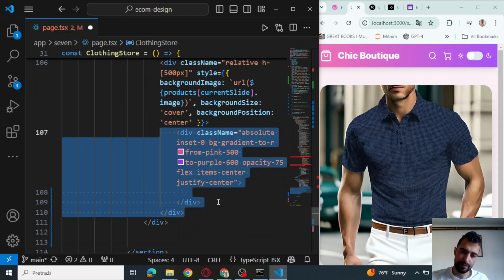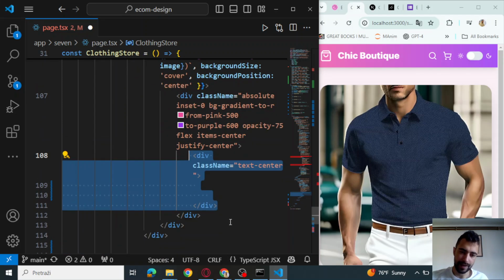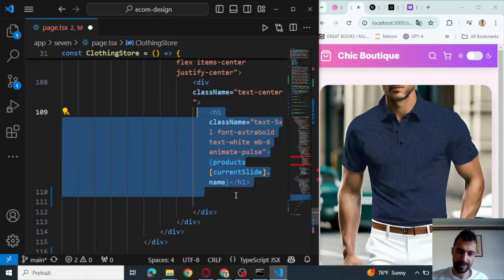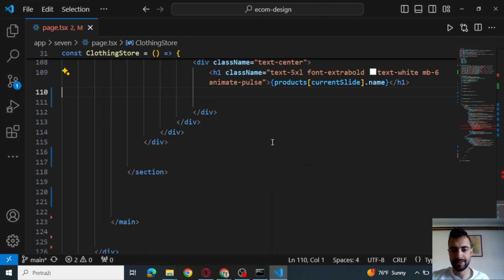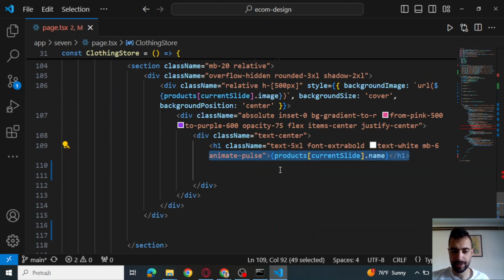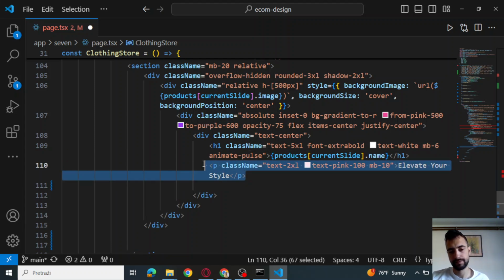Let's add some div inside of this div, and add another div, and then put title. You see what it looks like, but I think this is so hard to see that I'm gonna keep it like this. So this is the product name. We're gonna just have product's name here. Enter,